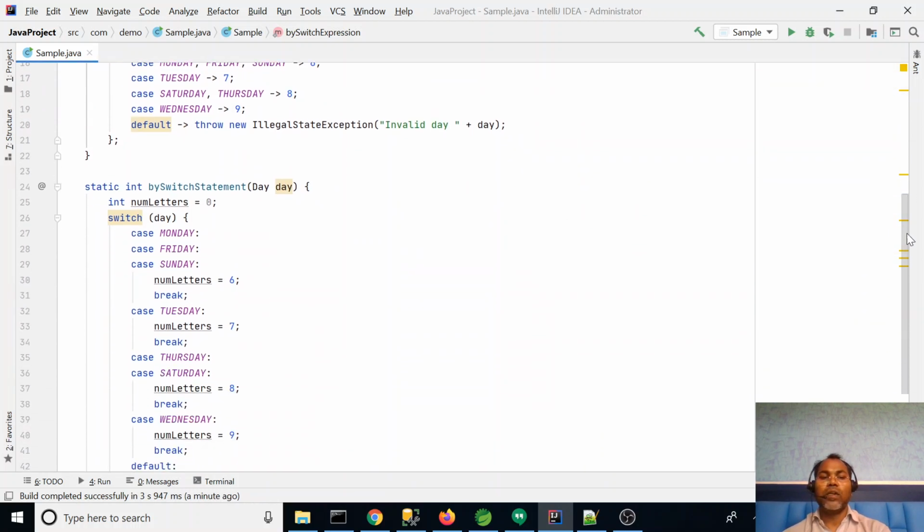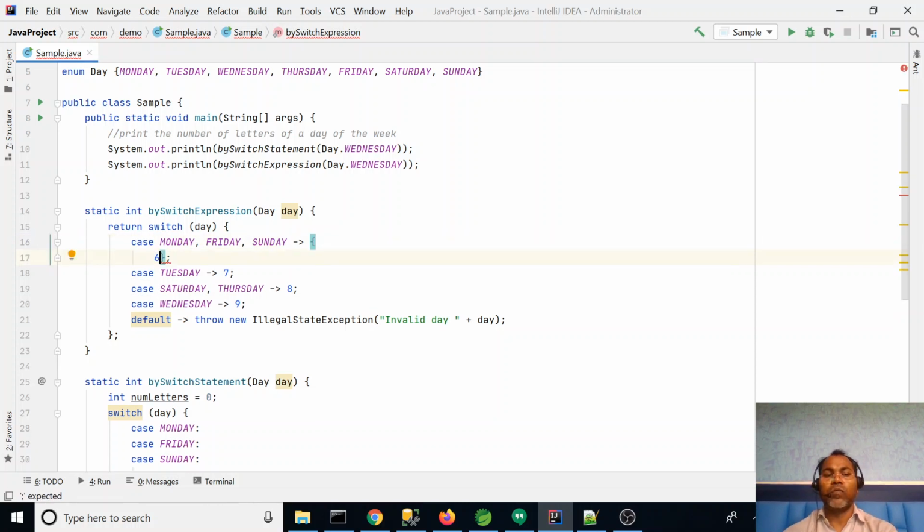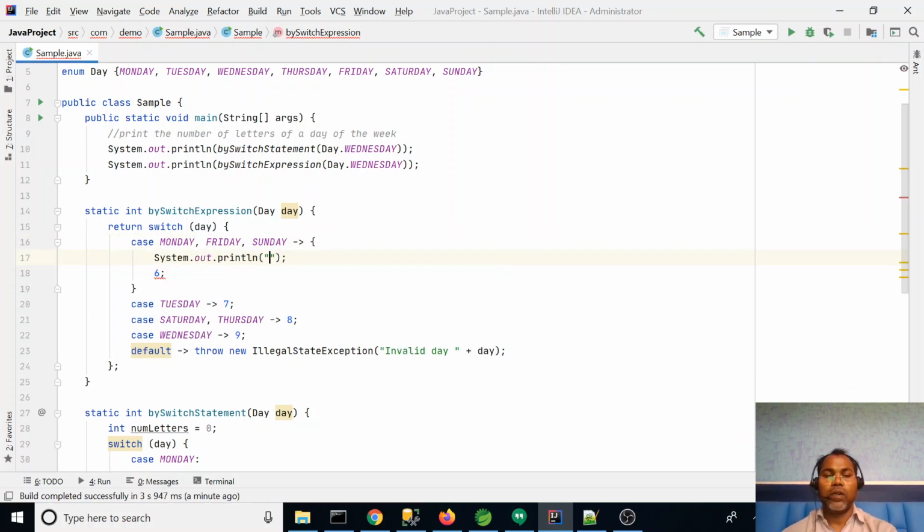Previously, you had to write multiple cases and then a return as well. Let's say sometimes I want to write multi-line code here. Then you have to write curly braces, and you can write multiple statements which you want. Let's write some hello messages here: Monday, the three-day number is equal to 6.